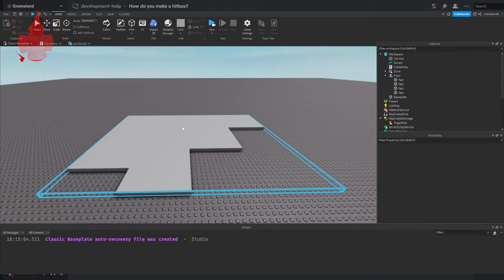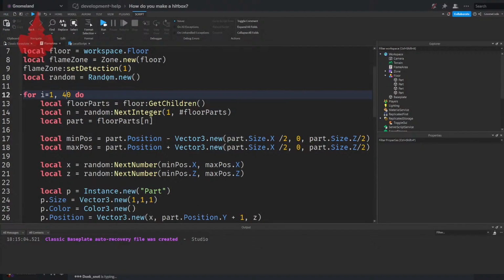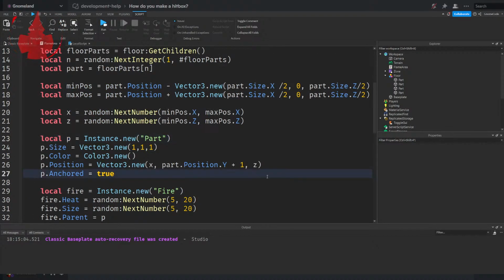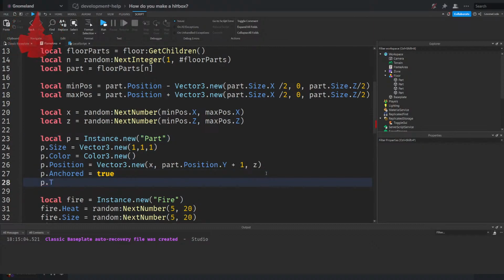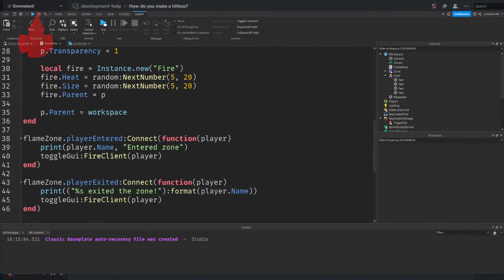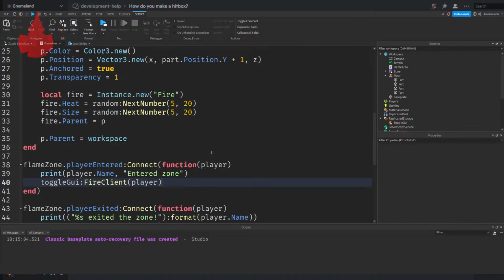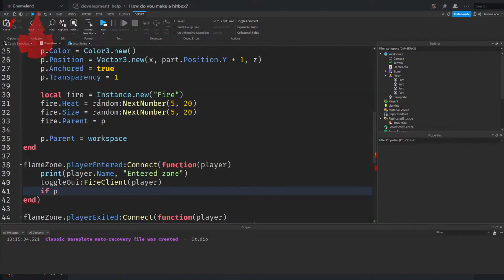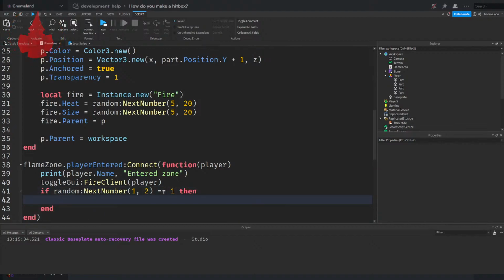And now we want to see when you enter, there's a chance of burning. Let's make these transparent as well. They're kind of annoying me being all black, actually. Transparency equals 1. And then when you enter the area, let's do a random chance of you setting on fire. So if random next number 1, 2 equals 1, so 50% chance of catching on fire,